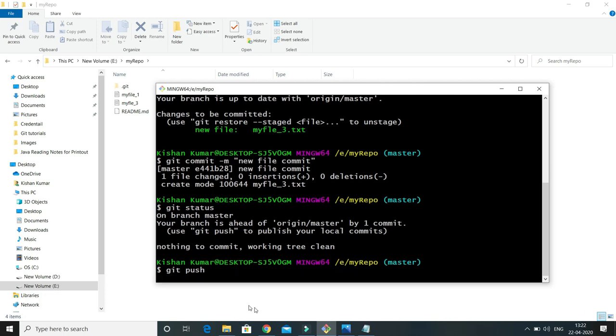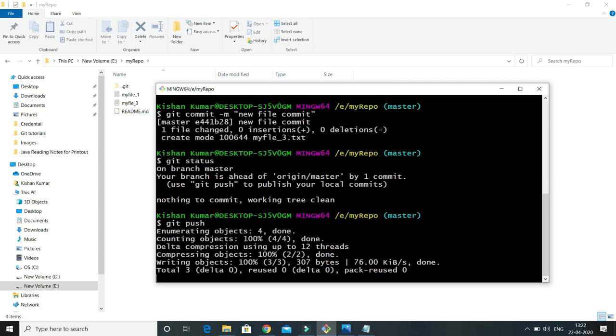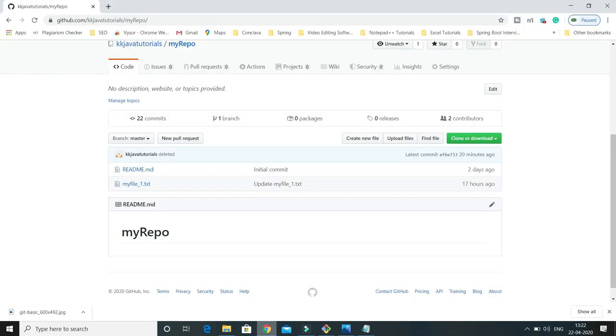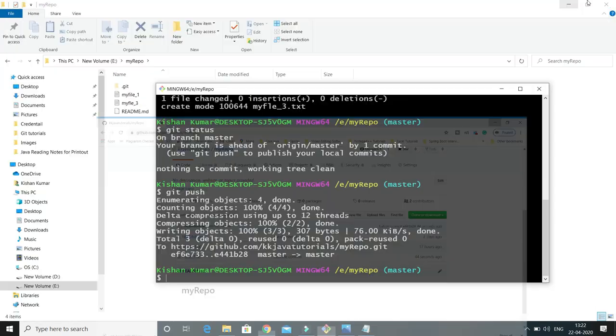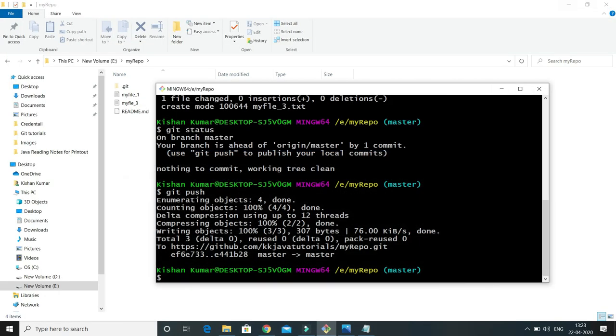Git push is going to push all the files from the local repository to the remote repository. If I go here and refresh the GitHub repository, you can see file 3.txt has been pushed into the remote repository. So this is the first command you learned: git commit space hyphen m, and then the commit message.